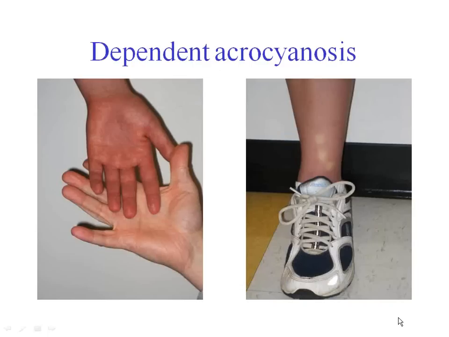In both POTS and hypotension, one of the clinical features we'll see, and many of you will be familiar with this, is that there's a dependent acrocyanosis. Acrocyanosis just means peripheral cyanotic appearance, this dark purple appearance. On the left is the hand of a patient who had been standing for no more than 3 minutes at this point. This is my hand behind to show the difference in color. You can see some mottling throughout that.